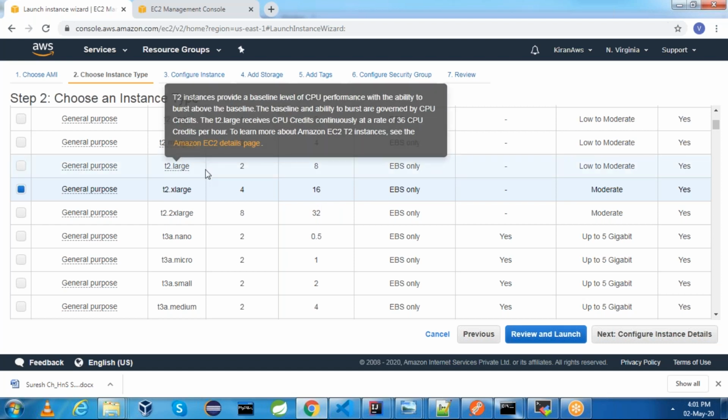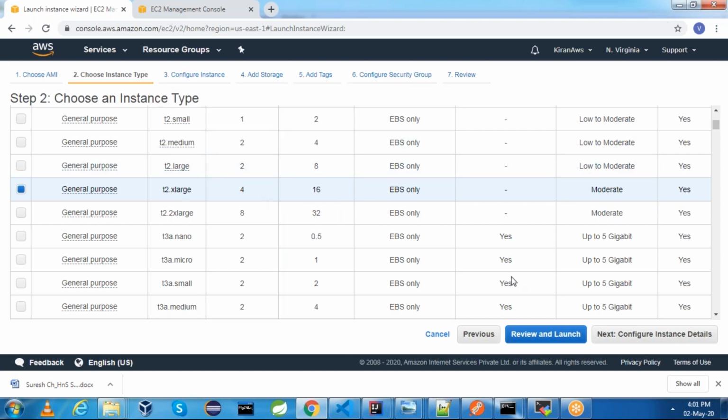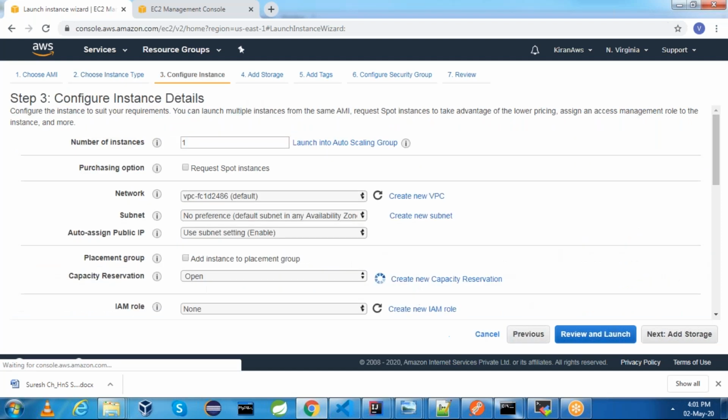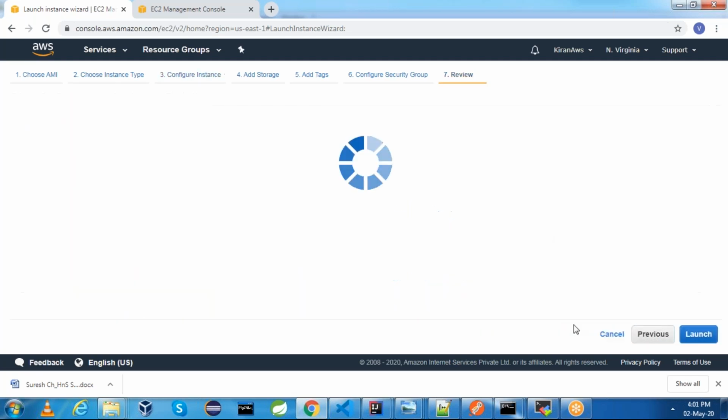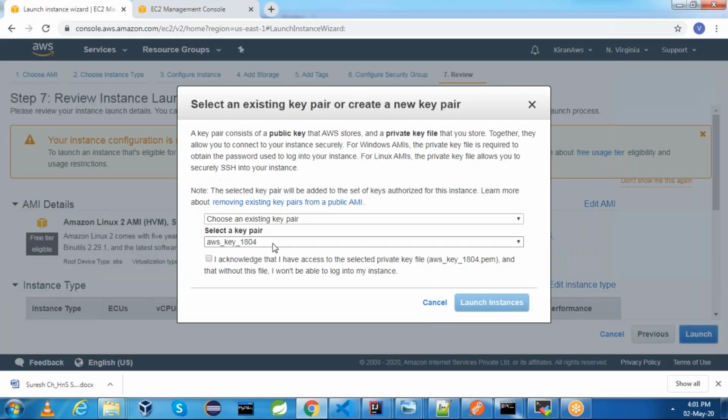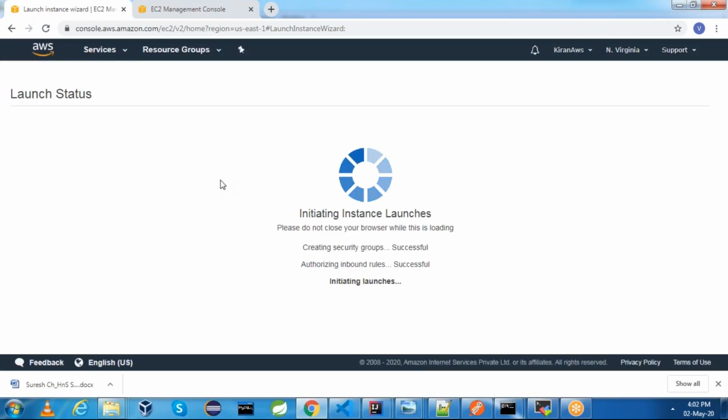You can use T2.large also, but I'm using T2.xlarge. Then in configure instance, mention number of instances as 2 so that we can create 2 instances at the same time. Click on review and launch and say launch. Use the key pair whatever you have with you. Click on launch instances.